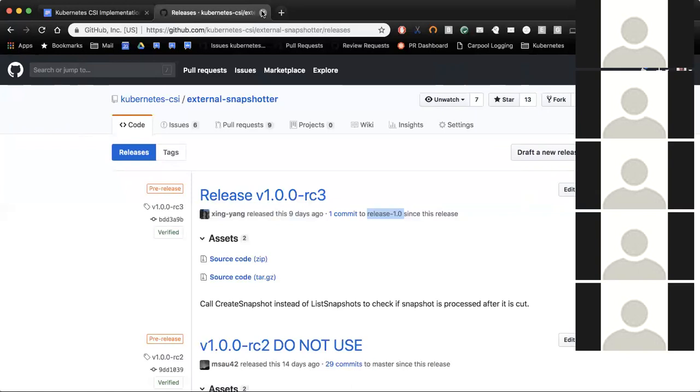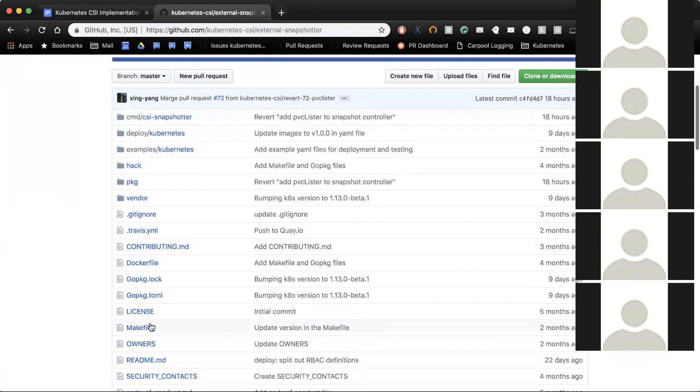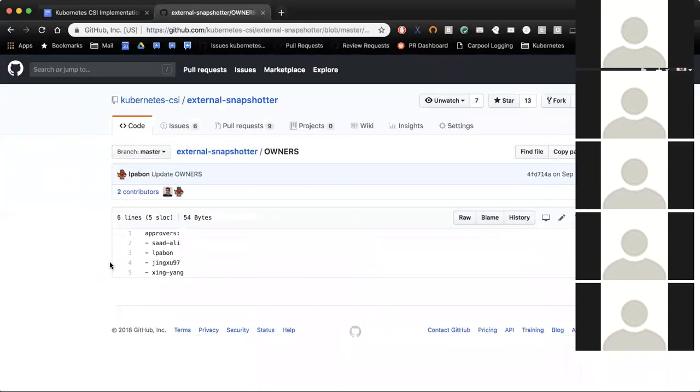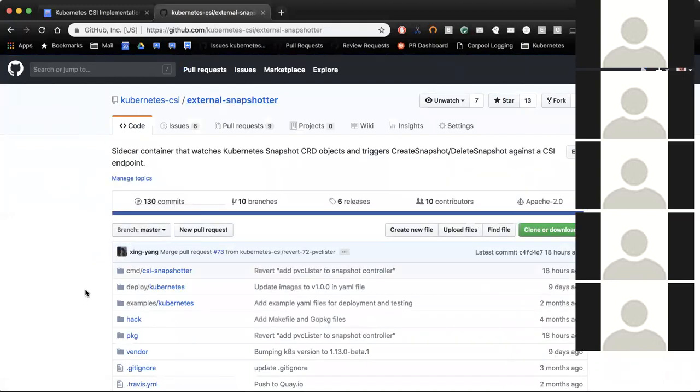I think it would be great to have repo owners that are in charge of doing the releases for those repos. Yeah, because it'll make it simpler when we do releases. Yeah, I think that makes sense. So in this case, Xing and Jing own this repo and they can go ahead and cut the